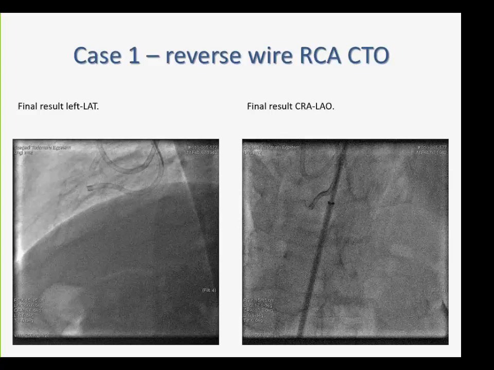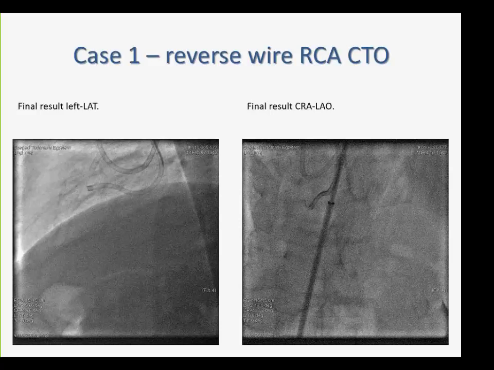Perfect. No, this is wonderful. I think quite often many people will try first just to wire through the side branch, and you're right, this is a little less traumatic because you avoid any potential dissections on the origin of the branch, like the PDA in this case. So I think that's a very good point, that maybe starting with a hairpin immediately increases your